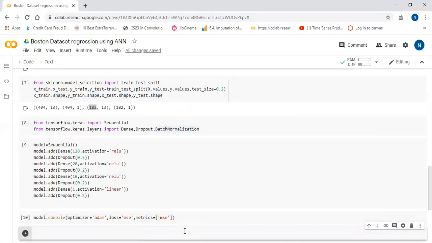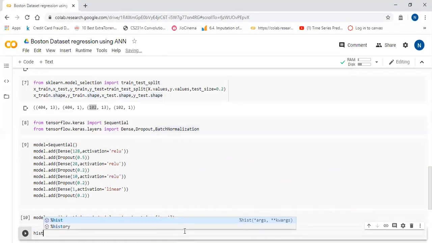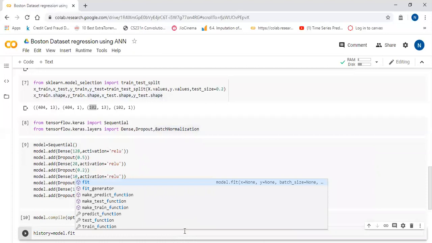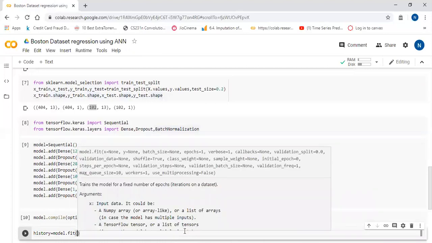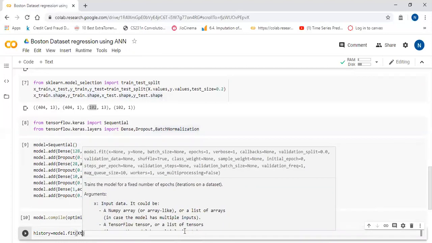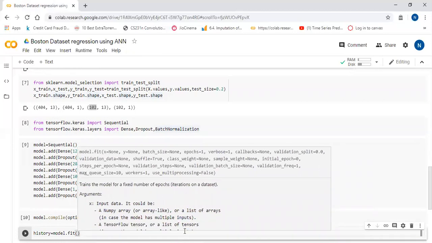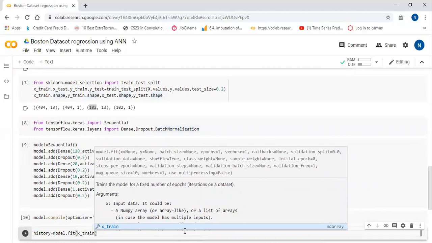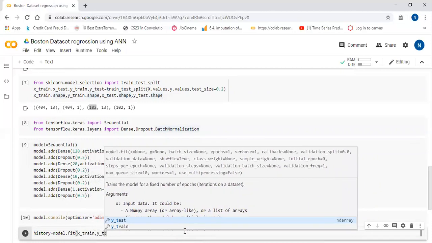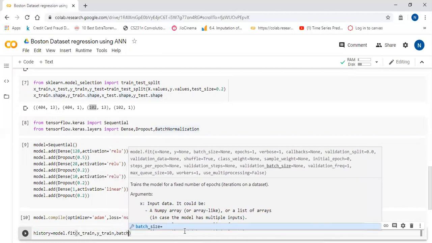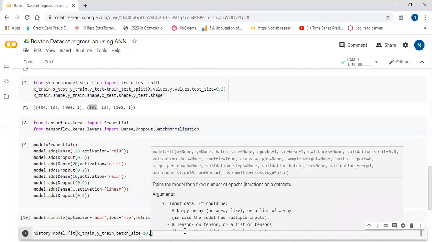Now in the third step we are going to fit the model. I'm going to create a history object over here, and I will say model.fit. For model.fit, you have to pass x and y values. We have x train, x test, x train comma y train, and we will pass batch size equal to 10.